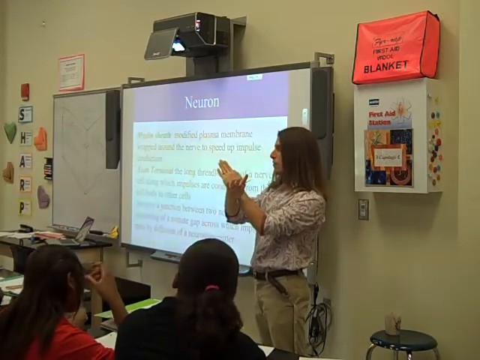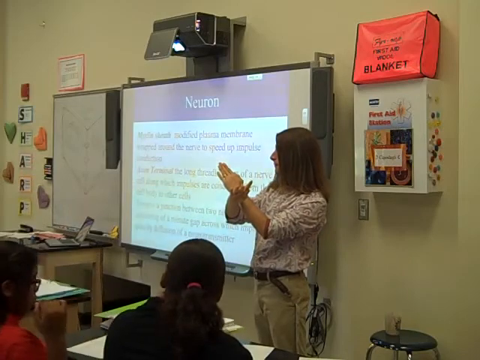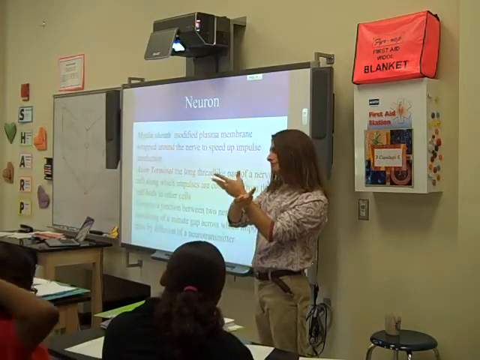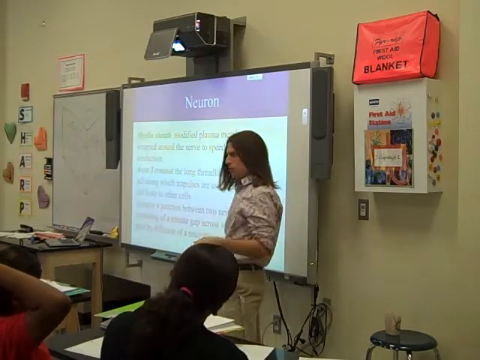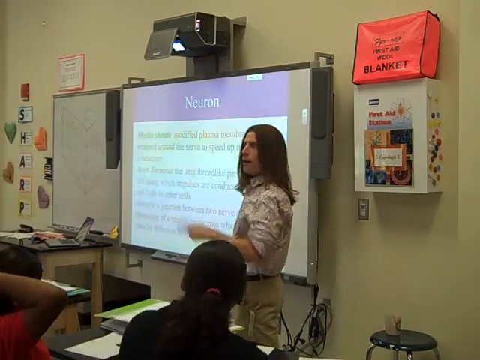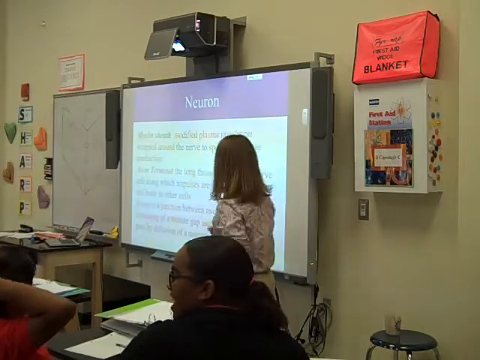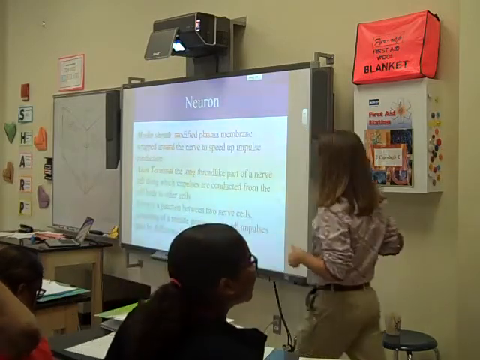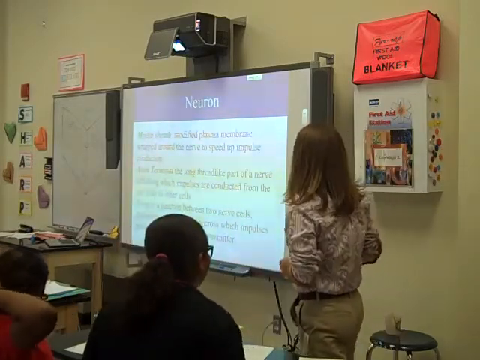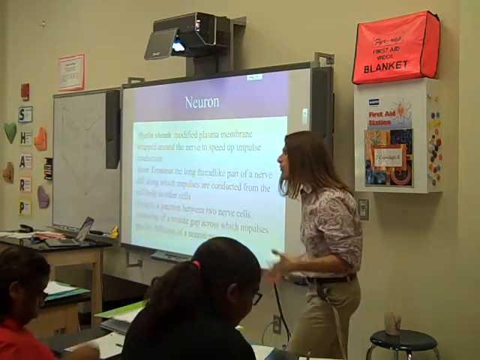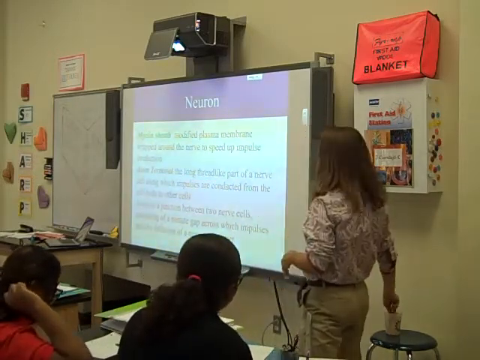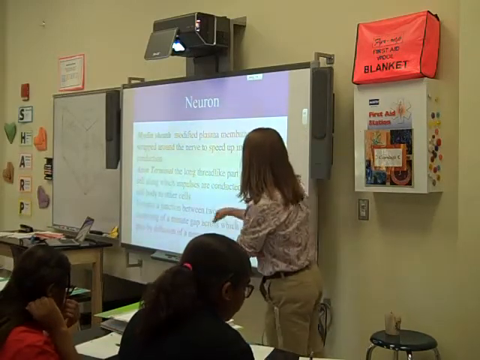A junction is where two things meet, connect, come together, right? Intersect. Oh, good. That was me. Right here. Oh, good. Way to go, Miss Howard. All right, so a junction between two nerve cells, right? So it's a space where they intersect, where they meet, where they cross over, where they interlap, where they come together, consisting of